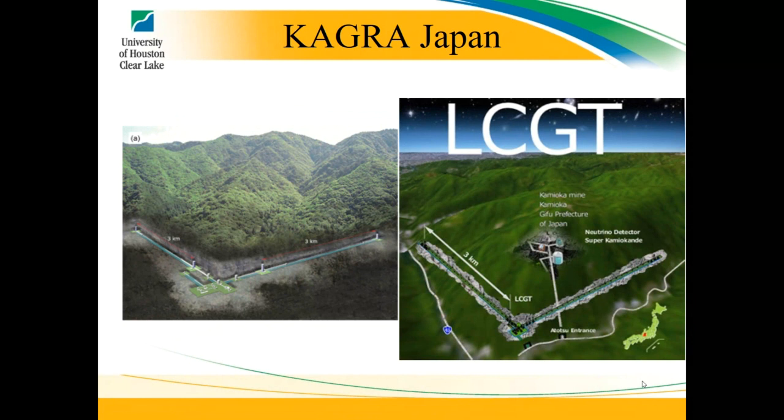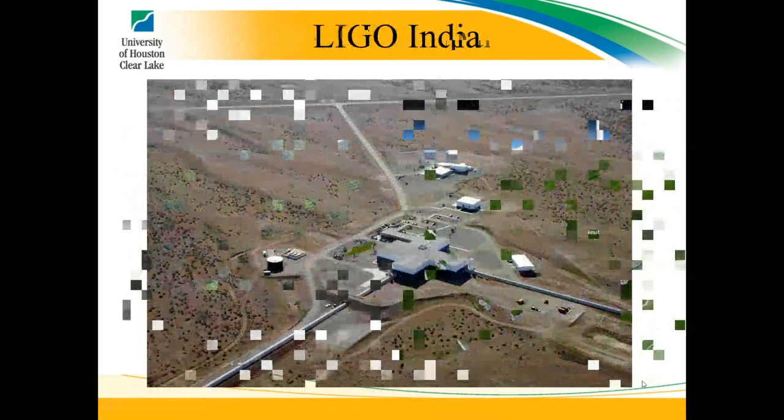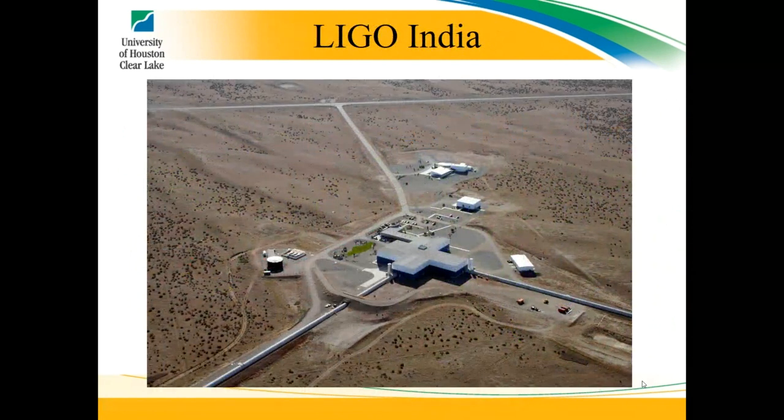But that's probably going to be one of the next ones that comes online. And then this is what LIGO India is basically going to be. I think this is basically the Hanford site from a different view. Within the LIGO, they had built 2-kilometer long arms inside of the facility. So there were the 4-kilometer arms, and next to it 2-kilometer arms. And they're going to take the 2-kilometer ones and send those to India, assuming everything works out with that plan.